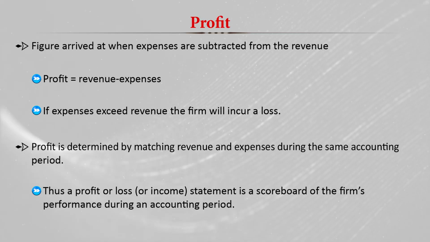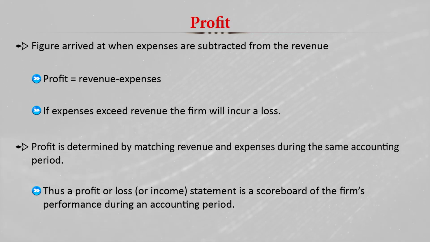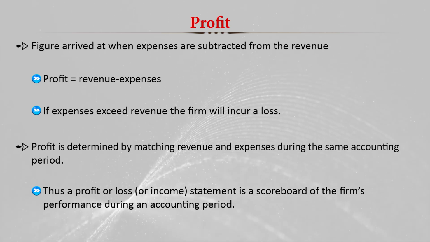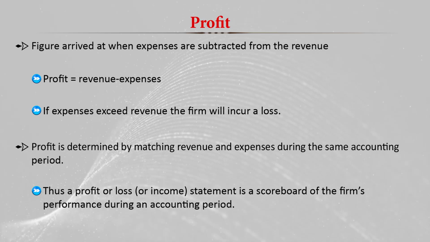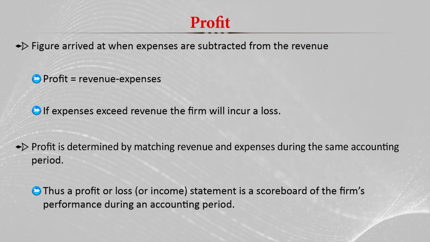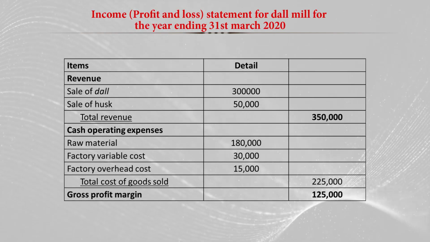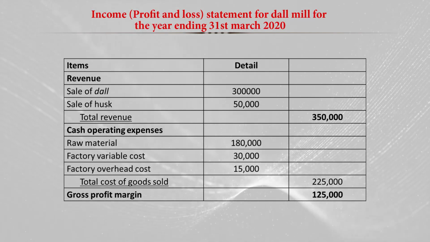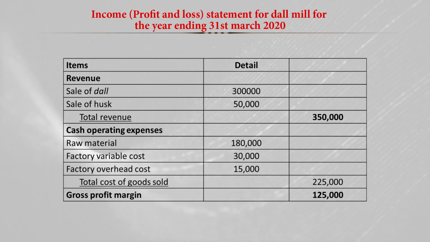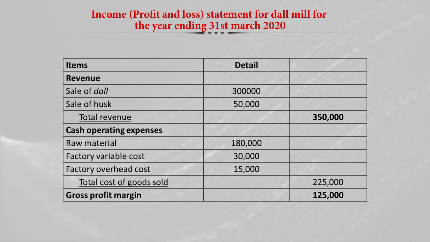So from this figure of the profit, we can judge the financial position of the firm. That is basically the scoreboard, and from this scoreboard we can have an idea. We can judge the firm, their operations, their financial strength. And here we have an example, where we have prepared a hypothetical income statement, the profit and loss statement, for a